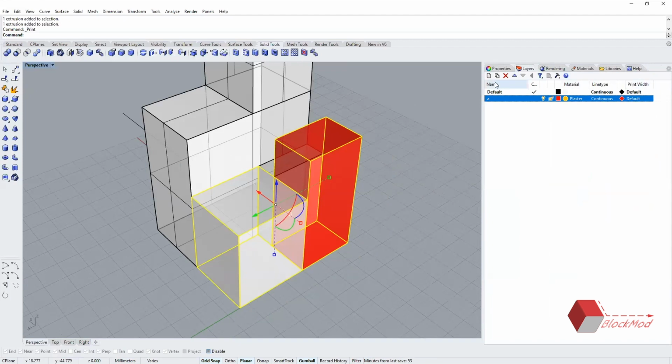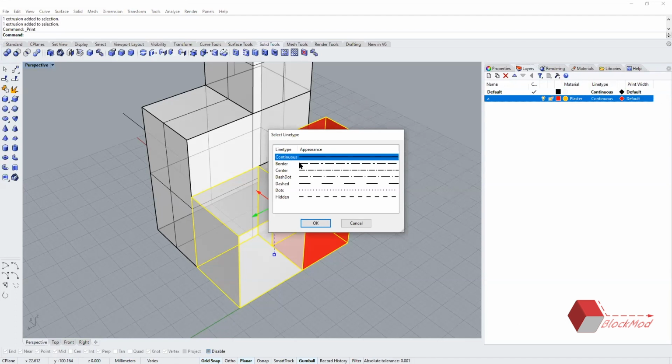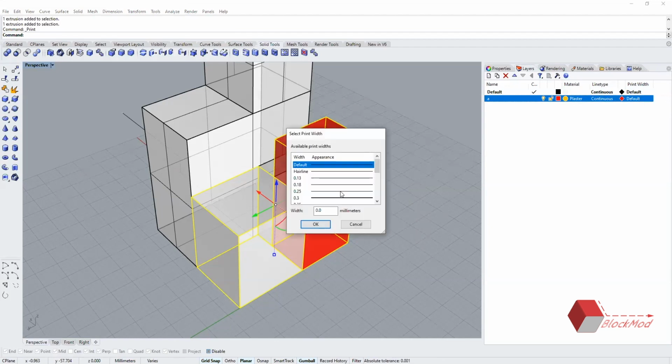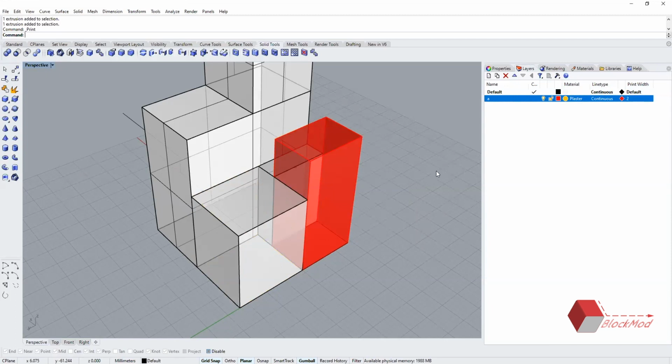So for now, if you explore the basics of this layering system, the way they have object material, textured material, and line type. Line type can be anything. It can be dash, dot, whatever. There is also print width. It's similar to the AutoCAD line thickness that you give, or any line width that you give while drafting as well. Right now, as usual, the default line width is kept at 0.9 or something like that. I'll just put it around 2 so that it gets visible.